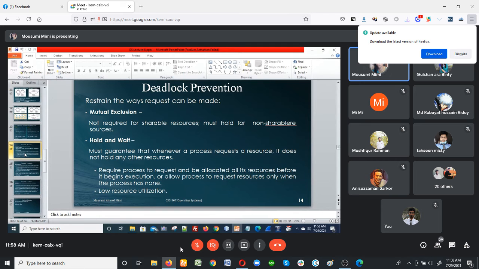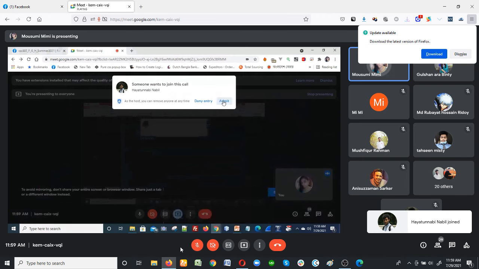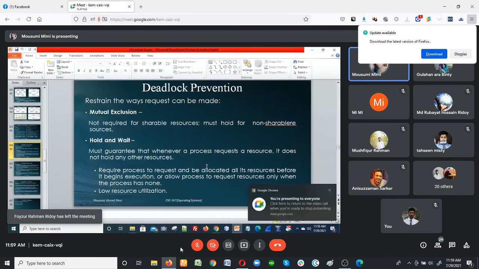The first thing you can do to prevent the deadlock is mutual exclusion. Mutual exclusion means making a sacrifice. Your processor must have the ability to sacrifice for the other process. Say, for example,